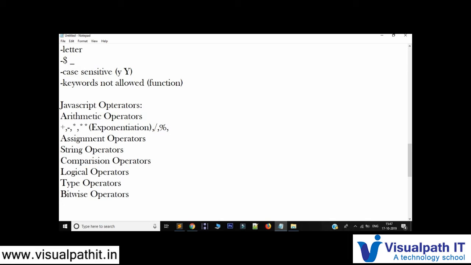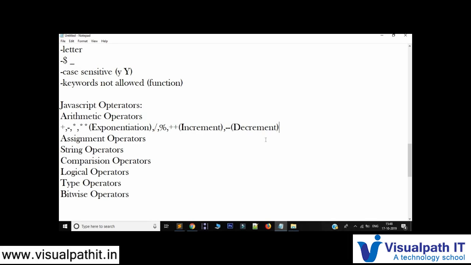Next is double plus, also known as the increment sign, and double minus, that is decrement. So these are the different types of operators inside arithmetic. I suppose it's 8. We'll not see an example for all of them, but we'll see some.